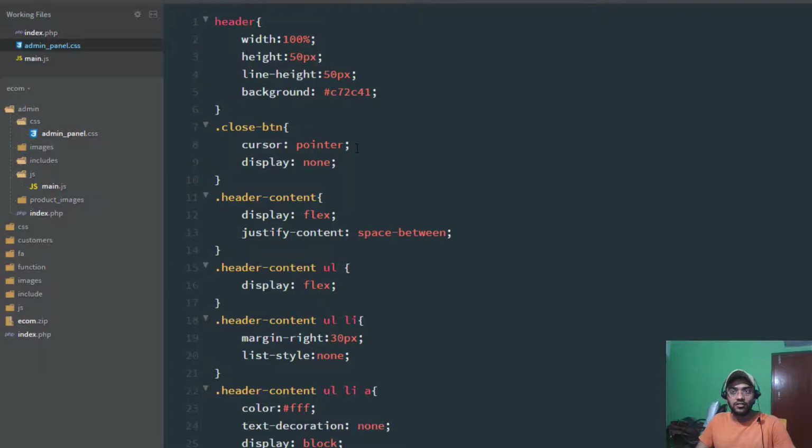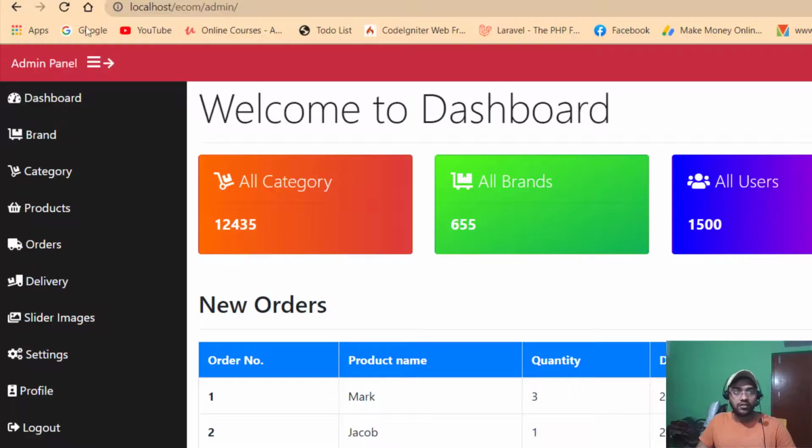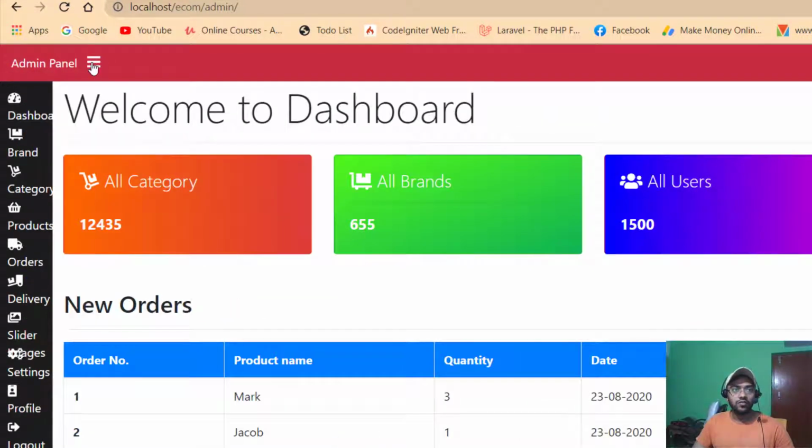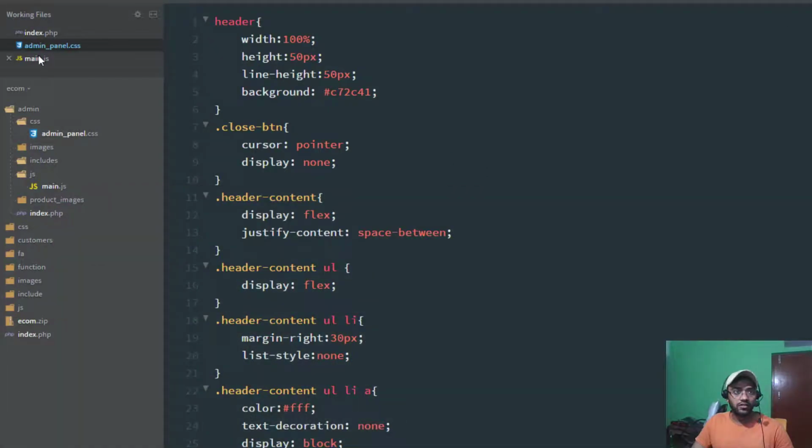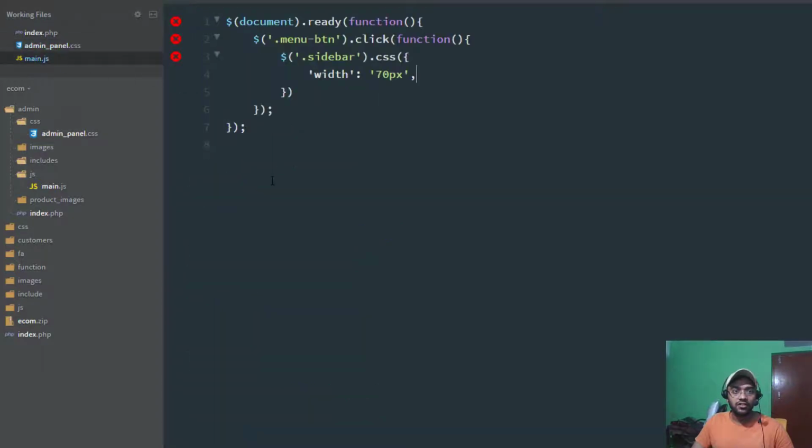Okay, let's check, refresh. Okay, so here is our next task: when I click on the toggle button, it must be hidden, and our arrow button should be shown in this subheader. So let's come to the main.js file, and when you click on that menu button,